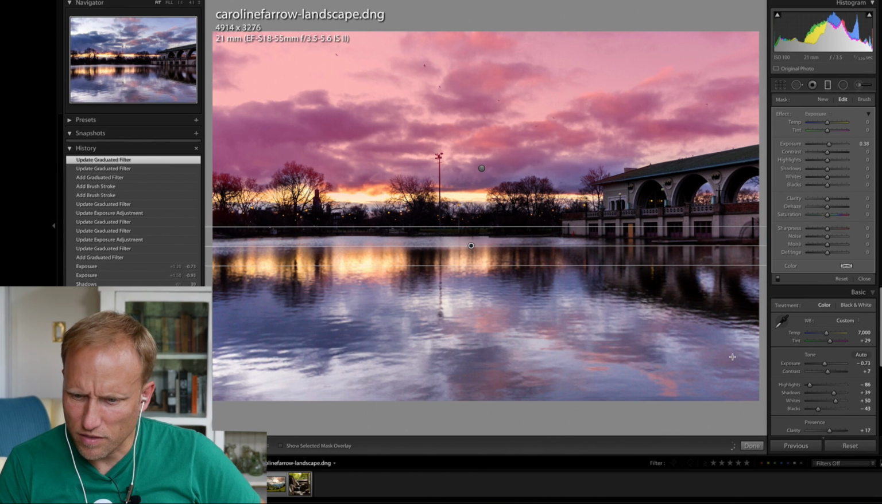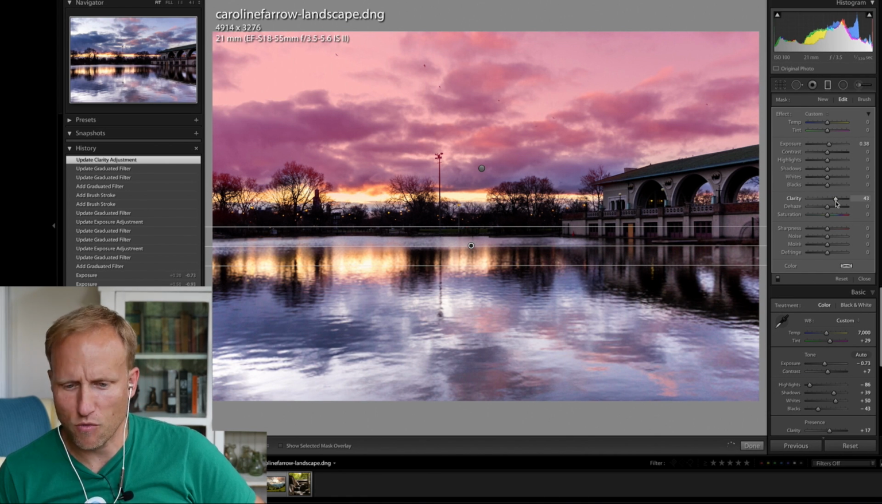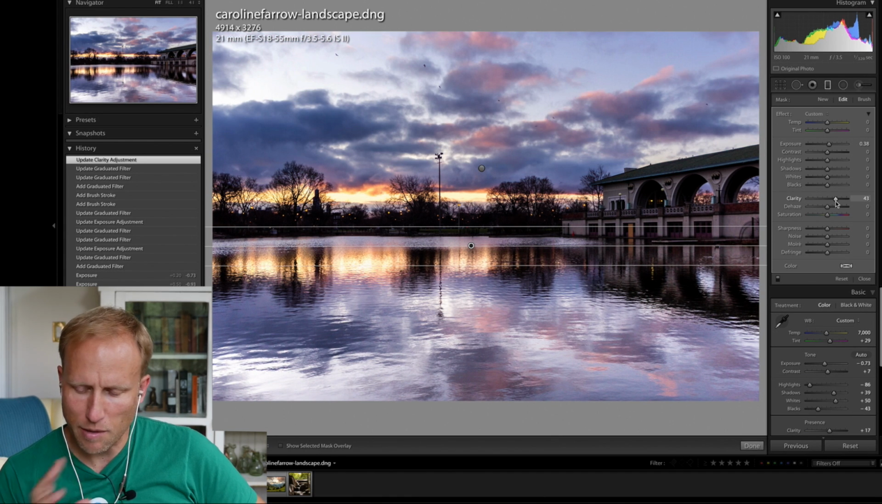Let's turn that back off. Now let's really amp up the clarity. Really kind of makes that water punchy and reflective. I really like that. So those are some suggestions for post-processing, but let's step back for a second because I've